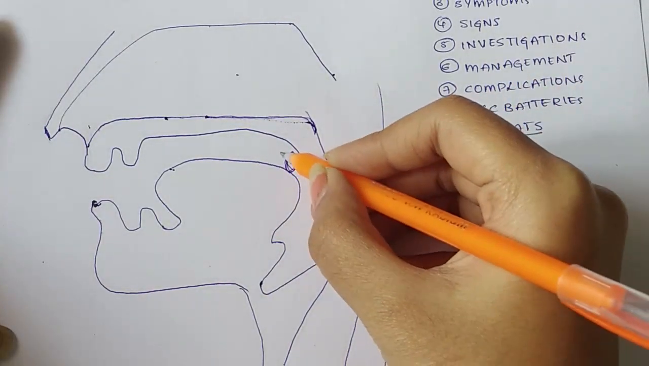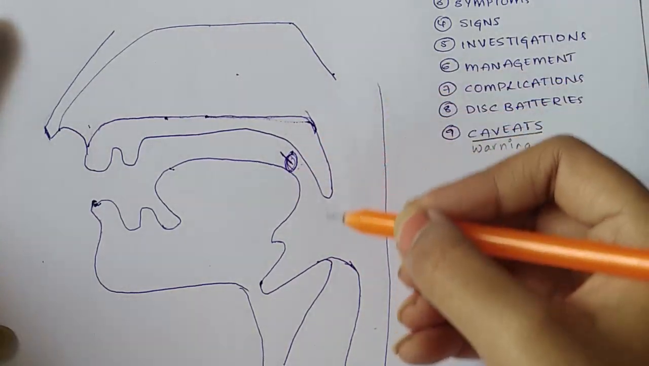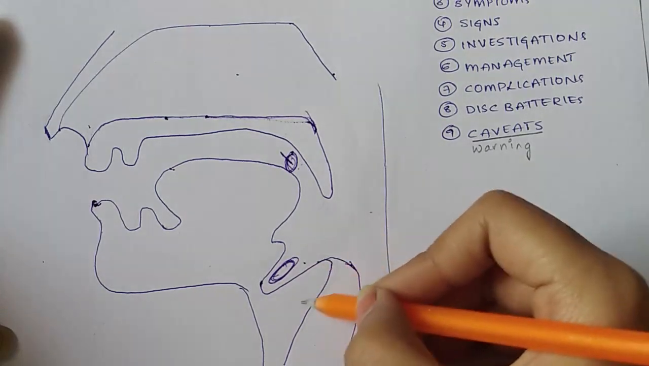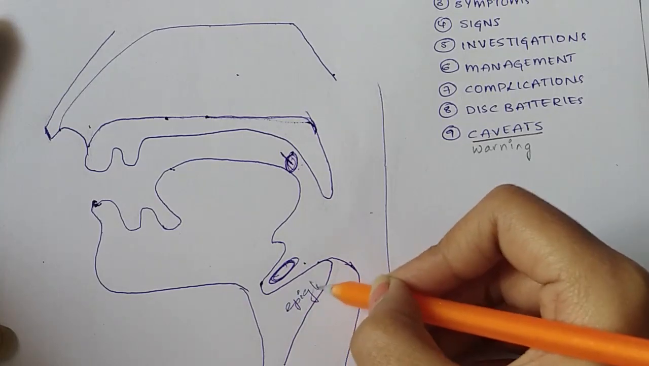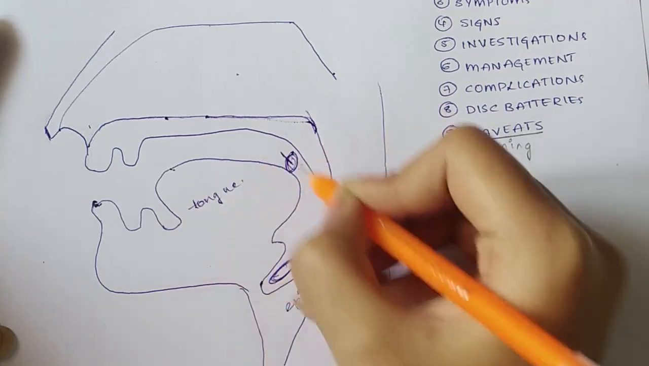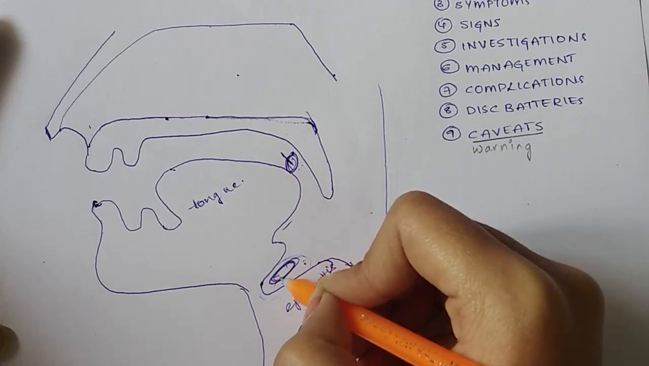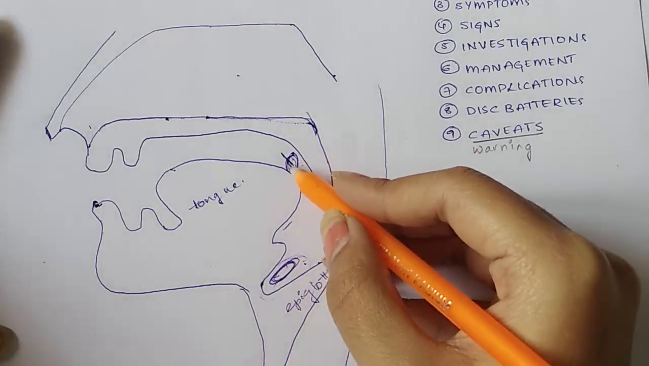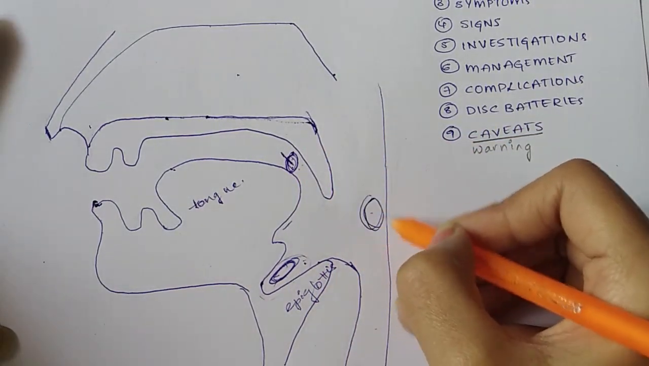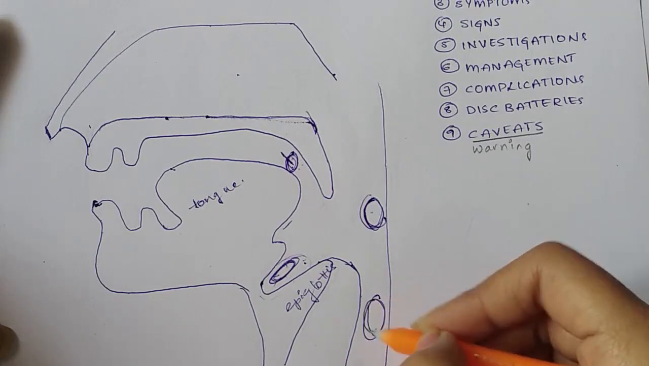In the tonsil there may be lodgement of a fine needle or some sharp objects may be lodged here, or here in the vallecula or the base of the tongue. This is epiglottis and this is tongue. So this is the base of the tongue and this is vallecula. Foreign body can stay here or in the tonsil, or it can stay in the posterior pharyngeal wall, or it can enter the esophagus and get stuck there,